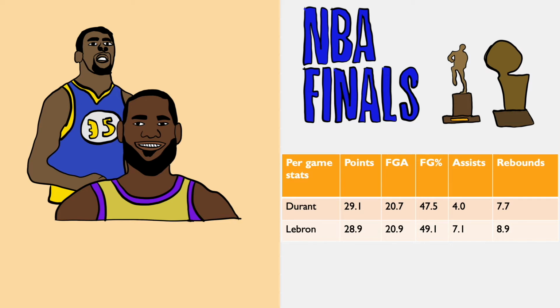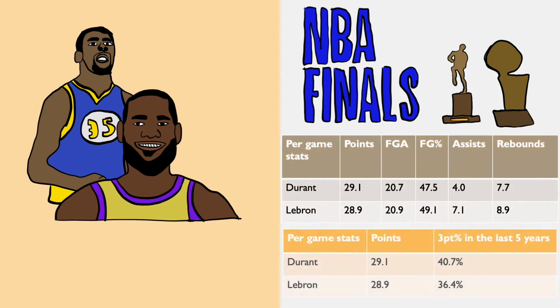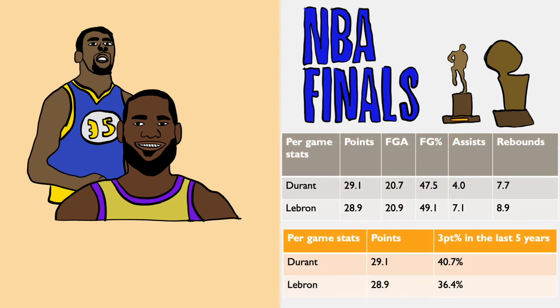to a higher degree. However, the big difference between the 2 players is the 3-point shooting. Much like his fellow Warriors, Durant specializes in long-range shooting, making him unguardable in conjunction with his height. In the last 3 playoffs, KD has averaged 40.7% beyond the arc versus LeBron's 36.4%. Even though this doesn't paint the full picture, it is a decent indicator to compare the 2 players' efficiency from